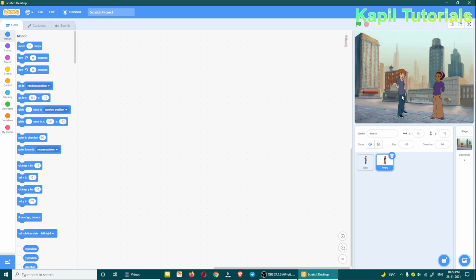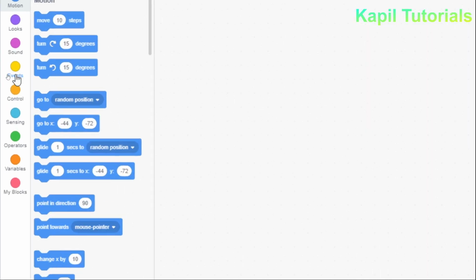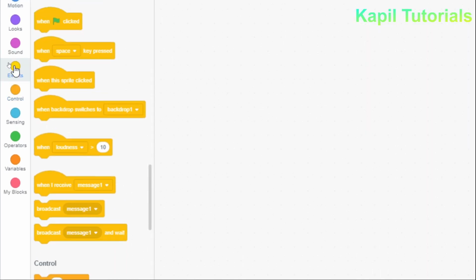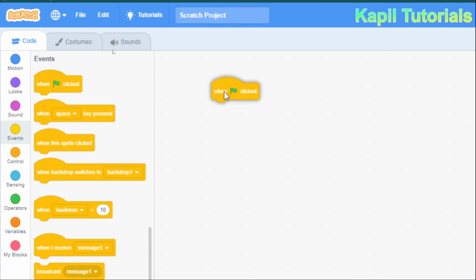Now here I want that these both should speak, but they should speak properly. Whatever text I type, that text should be spoken. So firstly I'll take D, and then I'll go to events, under events when clicked.